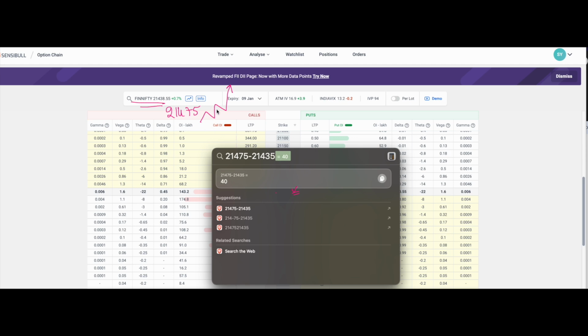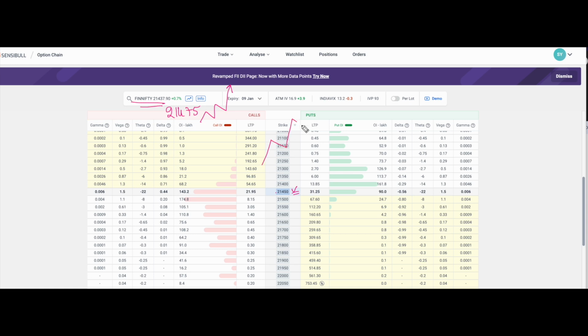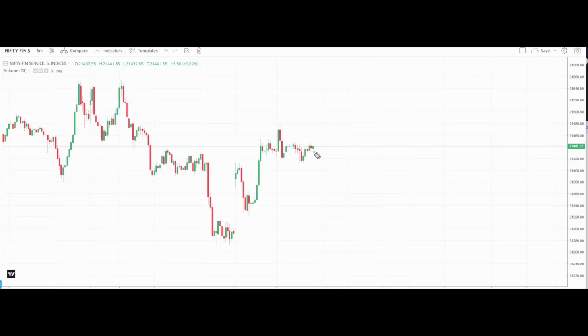So if the market moves by 40 points, especially on this expiry day, only after this 40 points momentum will you start seeing some decent profit in the market. Now you tell me, at this current market sentiment, the market has to move 40 points. Only after that, if you start to see profit, is this the right strike price for you to choose? Even if you're trying to make 10 to 15 points profit, then from the current level, the market has to move more than 55 points.